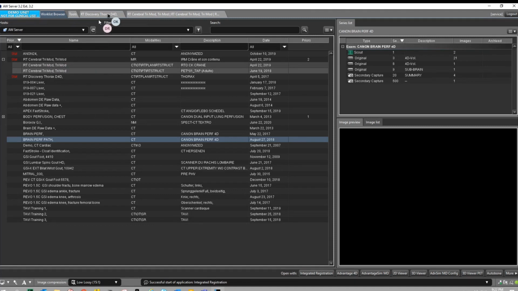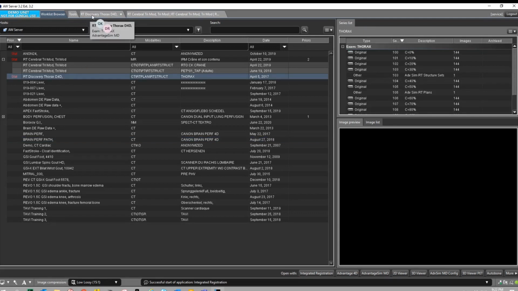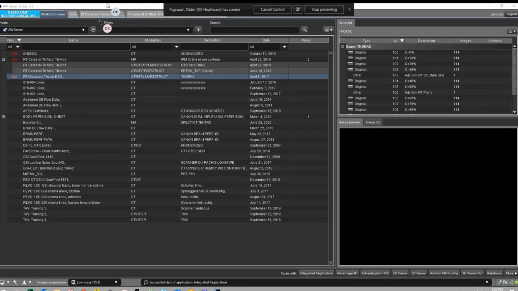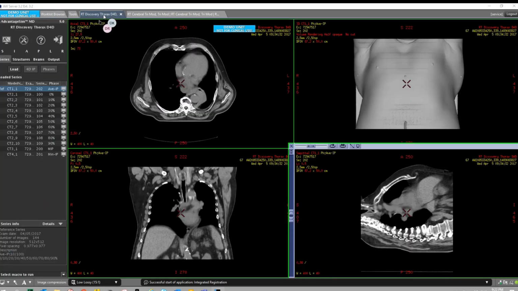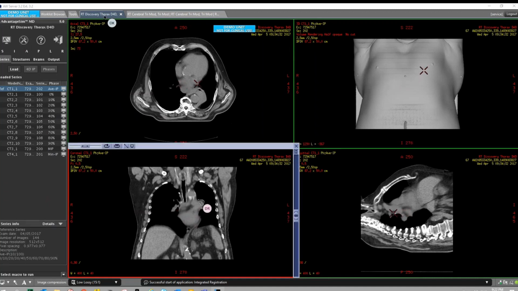The server can also handle multiple patients at the same time. We can go to the SIM software just by pressing the folder, and we go into a 3D environment that is common to use for a volumetric dataset.